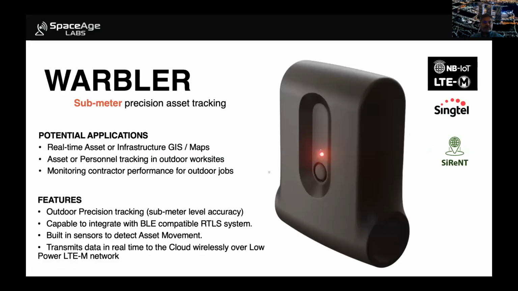So what are the potential applications? One application could be you could walk around with this device and build maps, right? So for example, you have a piece of land and the map of that land was built 5 years ago and recently nobody has updated it. So if you walk with this device on the fence or perimeter of that piece of land, in real time, we can create a map of that piece of land. And we are already doing this with the grass cutting use case and others, where you need to map the area you're going to work in before you start working, right?